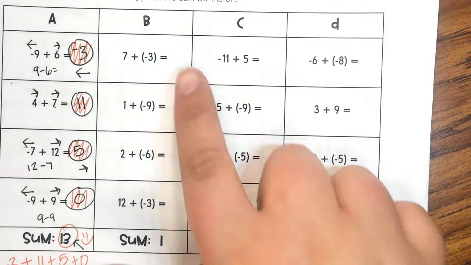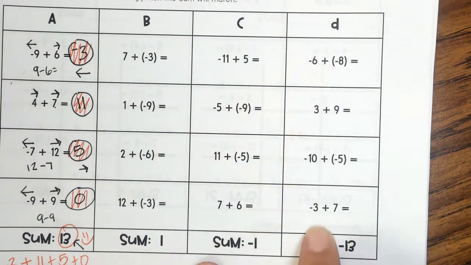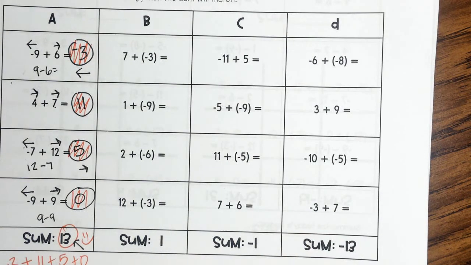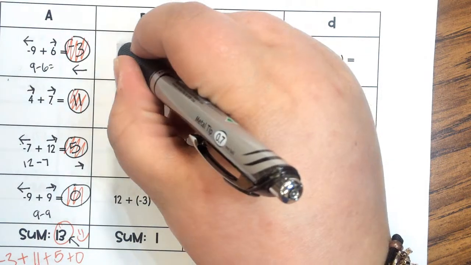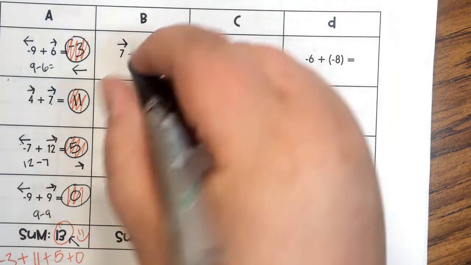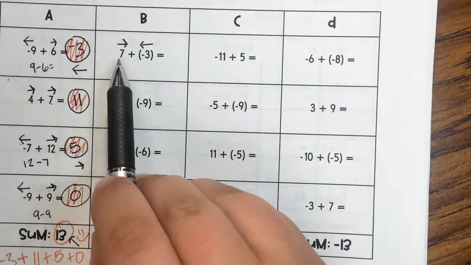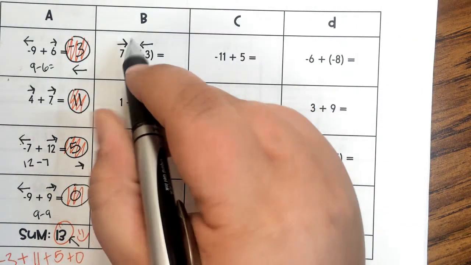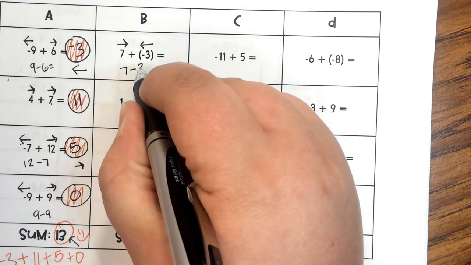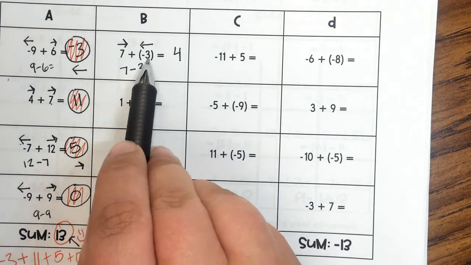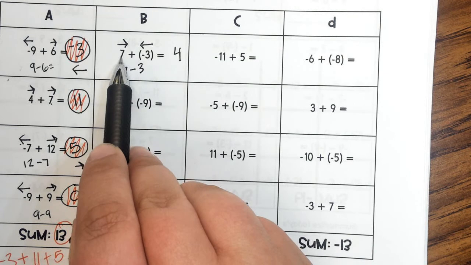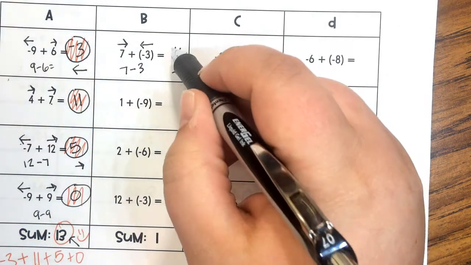So in class you guys worked on these in your families, maybe you were confused about that, so now I will go through each example here. Okay, so looking at 7 plus negative 3. 7 is positive, it goes to the right, negative 3 goes to the left. So these arrows are going different directions. I'm really thinking about what is 7 minus 3. 7 minus 3 is 4, and the arrow with the bigger number is 7 going right, which means this is a positive normal